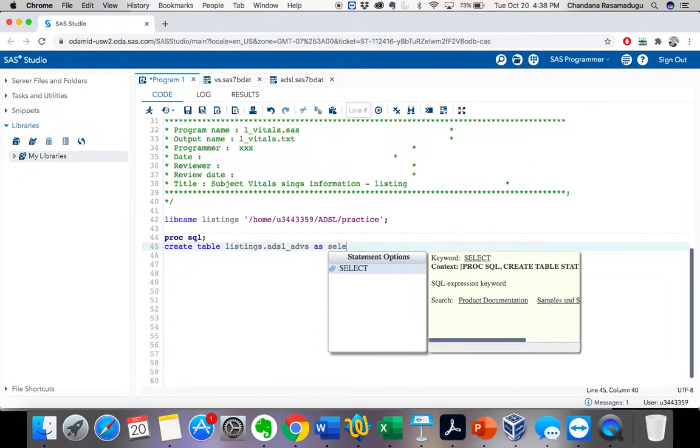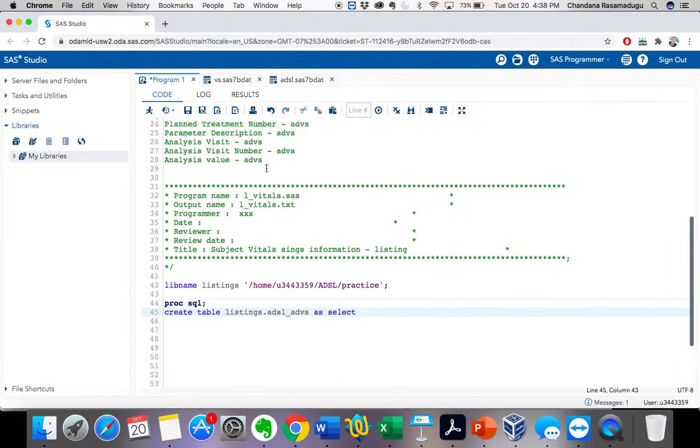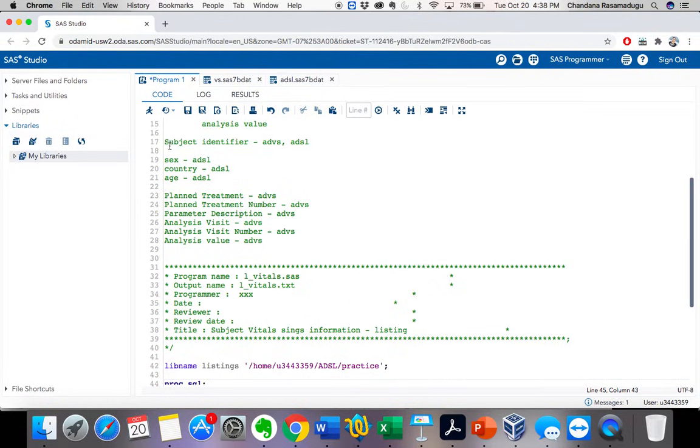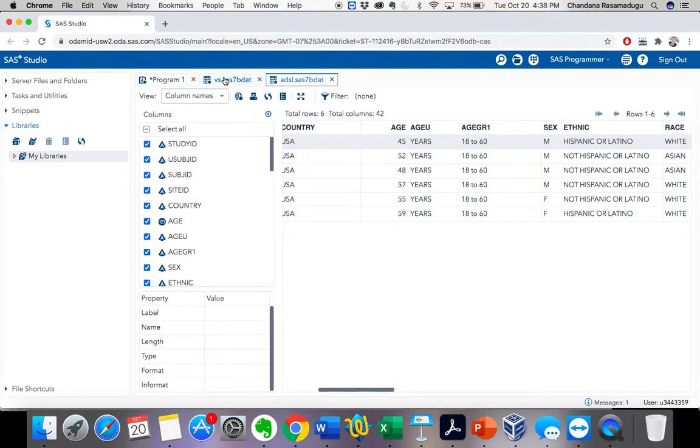Now I need to select which variables I have to print. From the ADVS data set, what are all the variables that I need? I have written them here, right? The subject identifier, which is the USUBJID, is present in both the data sets.